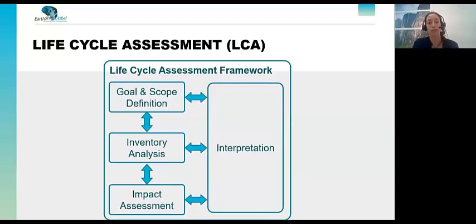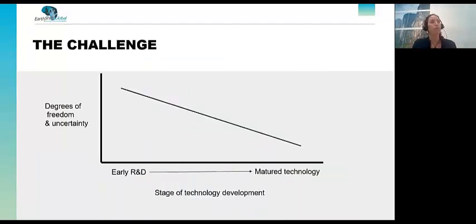So that's a challenge. The third part is the impact assessment. Usually as LCA practitioners, we don't deal with this part very much, right? We don't deal with characterization factors. But when it comes to these publications, they have different versions of this graph, but here I've just made it the most simple of all. So in the x-axis, we have the stage of technology development.